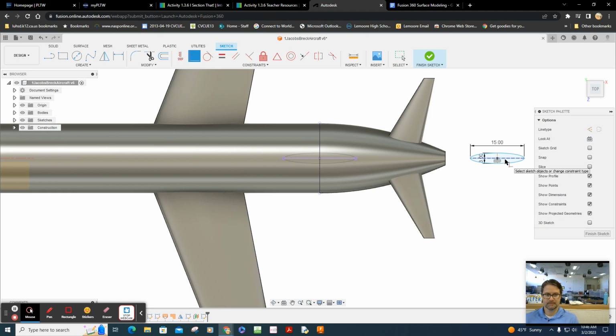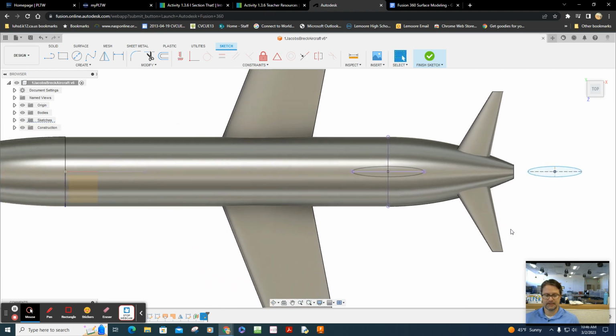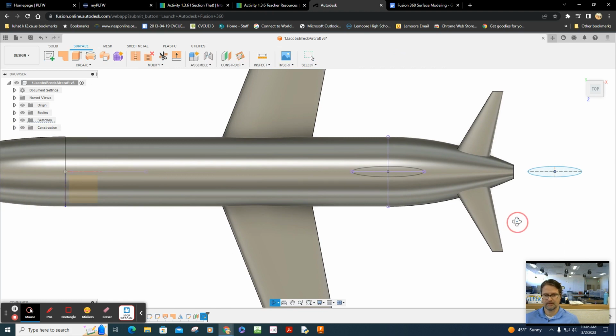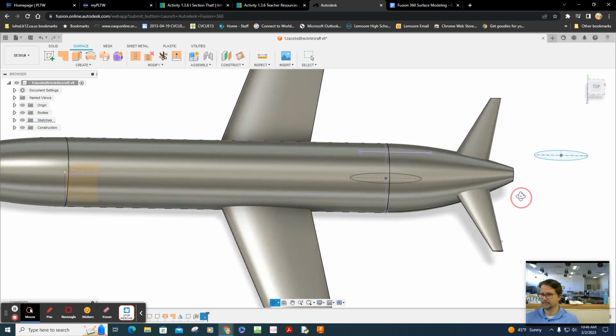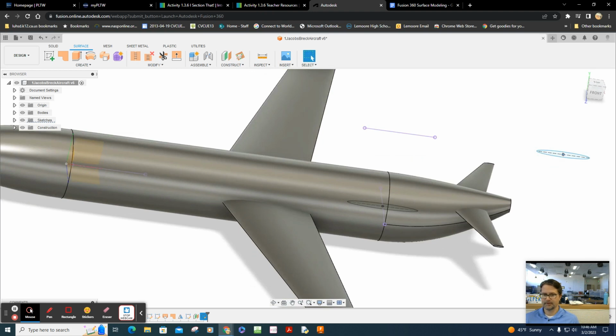Let's move it closer, about right there based on what I see in the drawing. Let's finish that. Let's kind of rotate this to make sure everything's okay. Yeah, excellent. Now, per the directions, I'm going to create another loft.